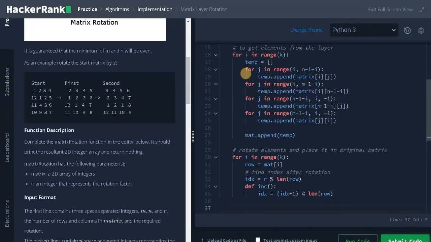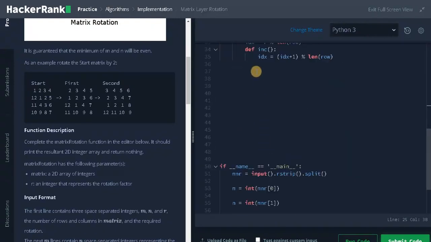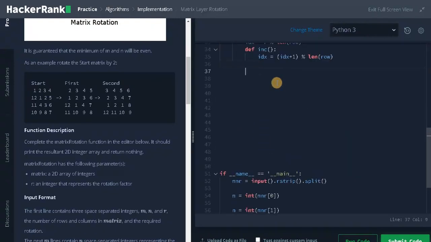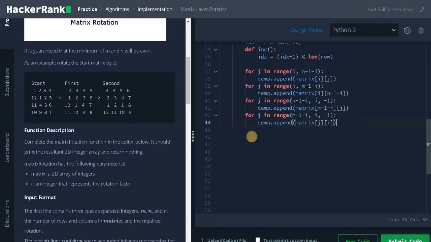So I will just copy the for loops here, and paste it here. Now the ranges are all the same. Instead of temp.append, the matrix is also the same. Instead of row of idx.